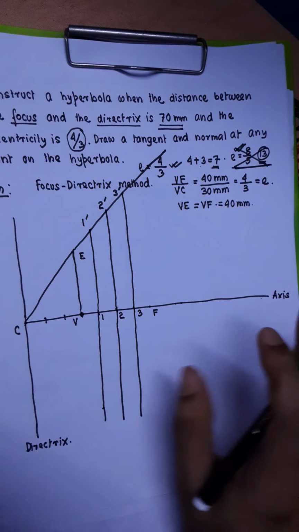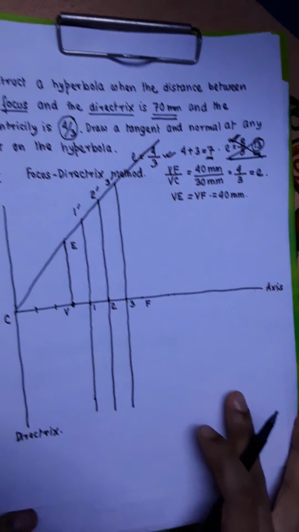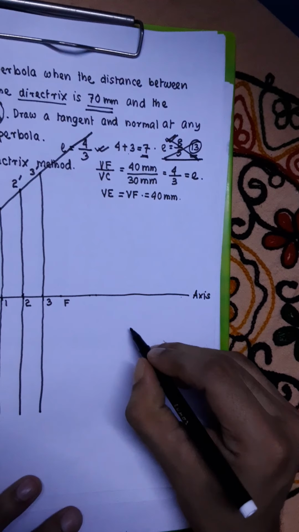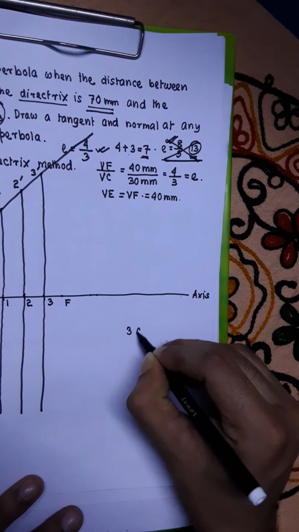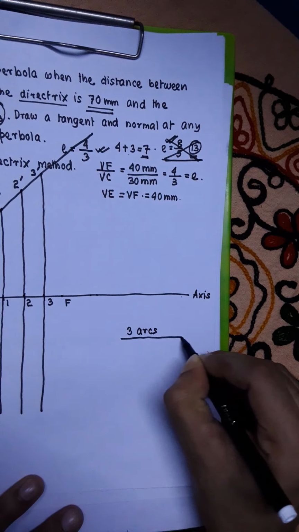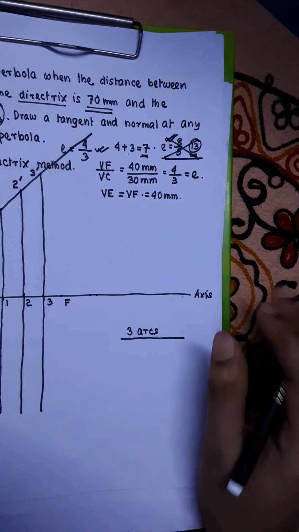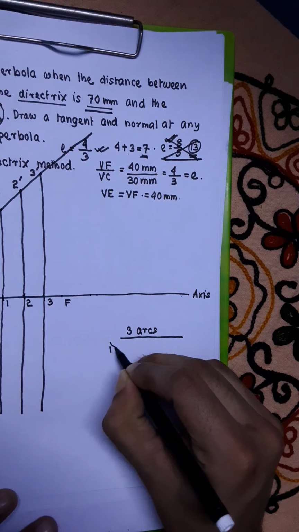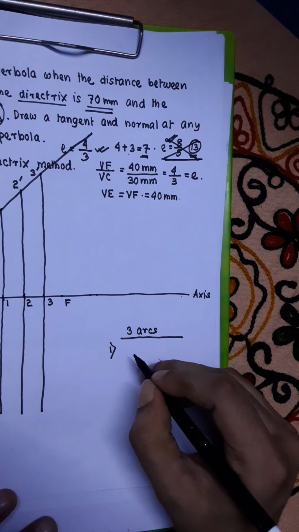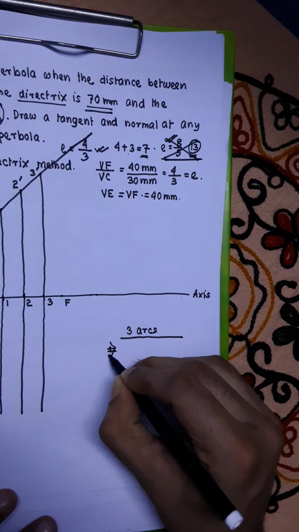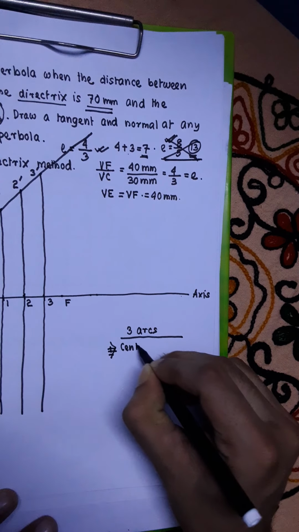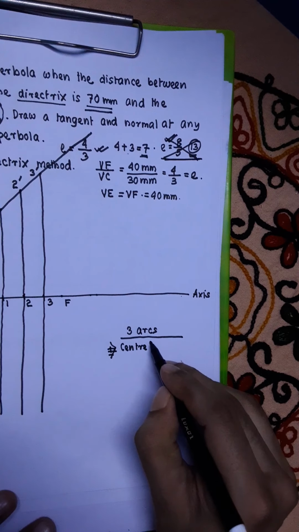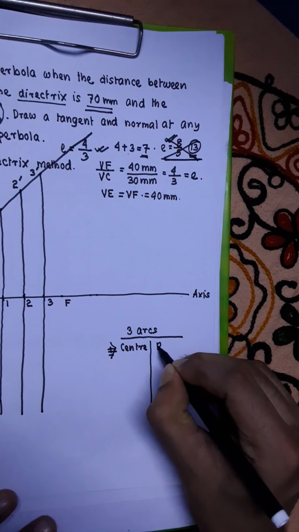Now what you have to do is, after doing this much of construction, you have to draw 3 arcs. Now whenever you want to draw an arc of a circle or a complete circle, you need two pieces of information. One is the location of the center, another is the radius value. So for the first arc, I am providing you the center and the radius for all the 3 arcs that you have to draw now. I am providing the information in tabular form: center and radius.